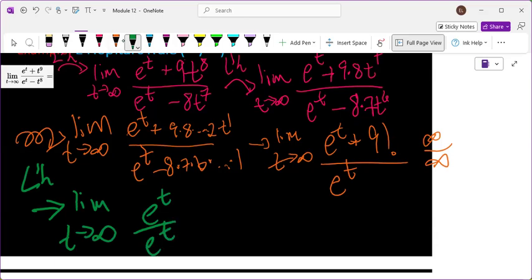And we get e to the t over e to the t. Well, what is an ugly thing divided by itself? Which one? Why one? Whenever I'm not sure, I go back to basic numbers. So 3 divided by 3. Oh yeah, that's 1. 7 divided by 7. Yeah, that's 1. Okay, yeah, it's 1. Yep.